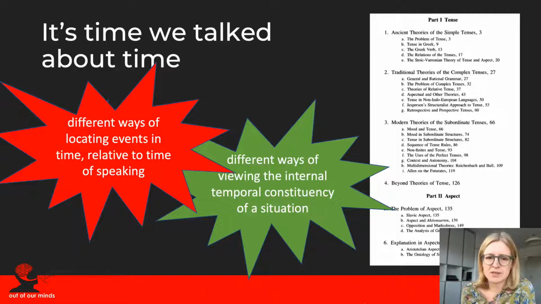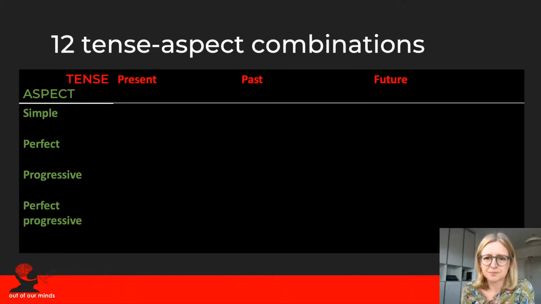And aspect has been said to reveal the different ways of viewing the internal temporal constituency of a situation. If that means very little to you, don't worry. Most linguists who work on aspect don't really know what it means either. But linguists are happy to put their conceptual doubts aside, and they use these concepts, tense and aspect, for descriptive purposes. So generally, grammars of English assume the existence of 12 tense aspect combinations, and these arise from the combination